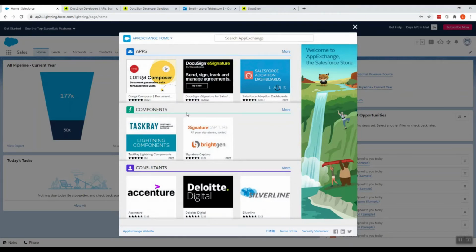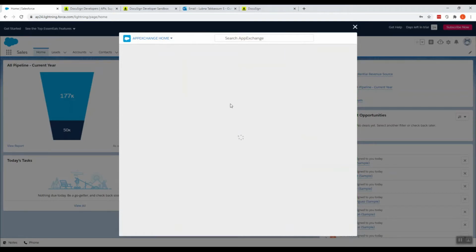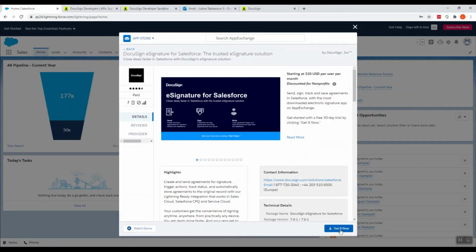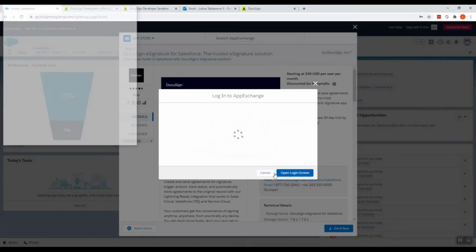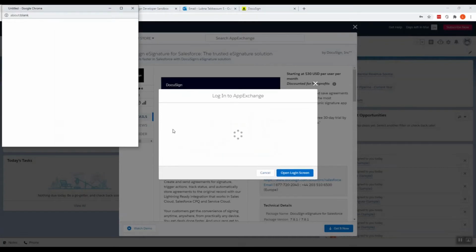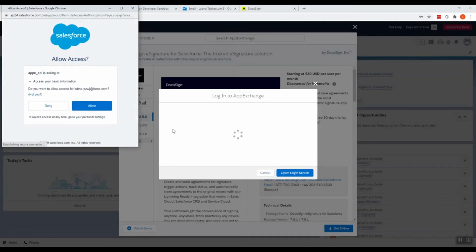Since it is available over here, I'm just clicking on it. I'm clicking get it now, then open login screen. Since we have already logged in to the Salesforce account, I'm just giving the permission to allow.